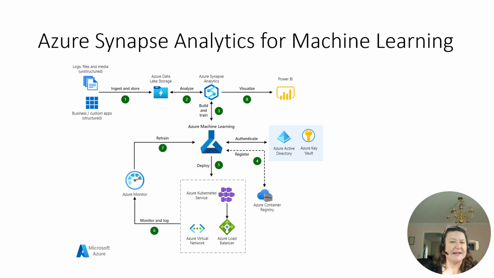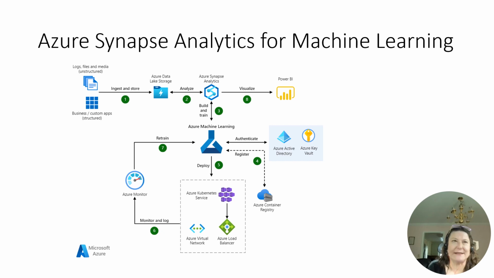On the left-hand side here, again, you can see different file types coming in and being ingested. Typically in Azure, you're going to store the data as it comes in into Azure Data Lake Storage. You might use Azure Queues as it comes in. You might use Event Hub, that kind of thing, IoT Hub as the data comes in. But then the data is pretty much going to go into Synapse Analytics, which is kind of a data warehouse with a lot of